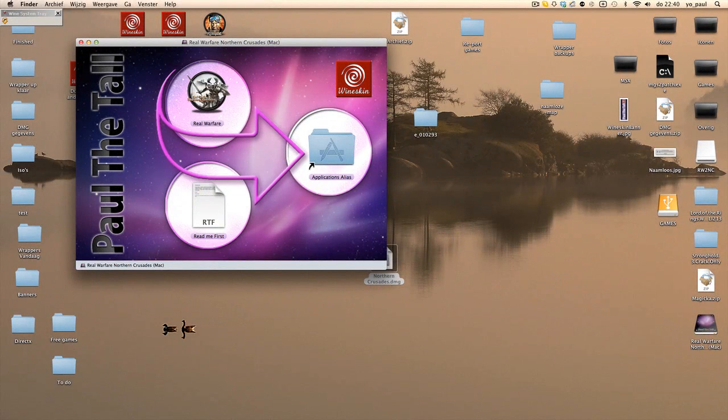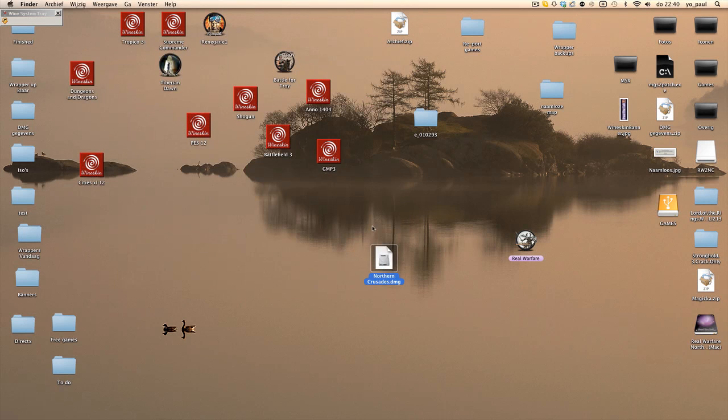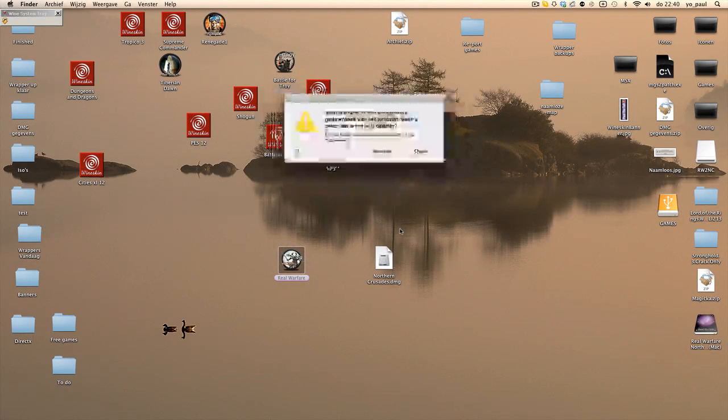Move it to the desktop. Here are some instructions, but I'm going to tell you the same, more in depth. Okay, when you're done with that, all you have to do is double click it, and then